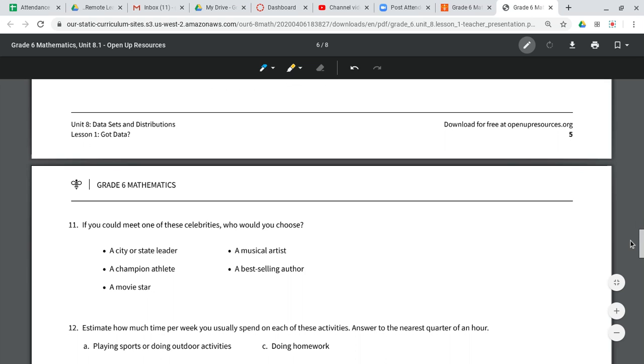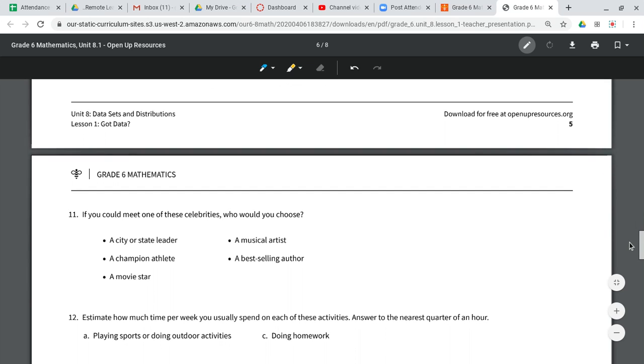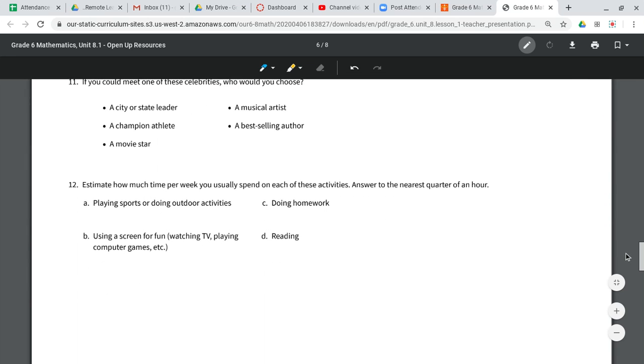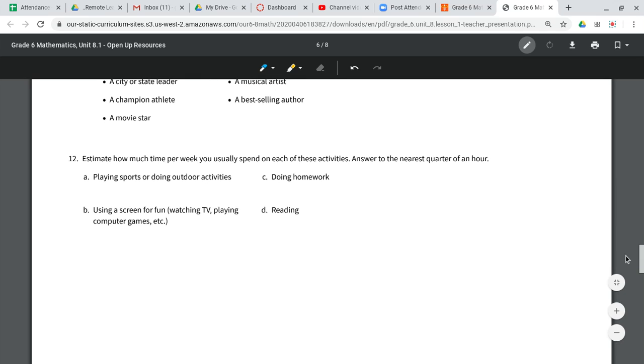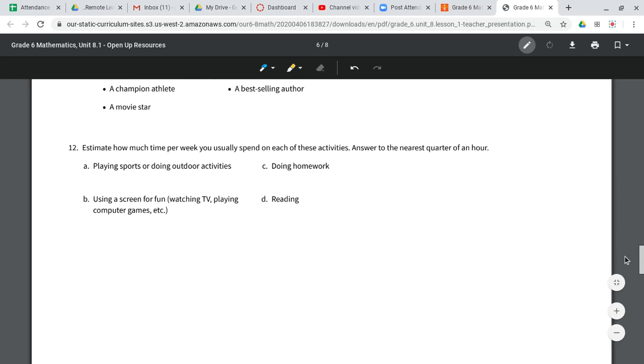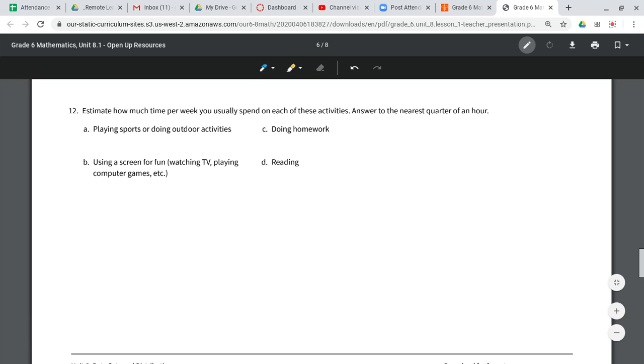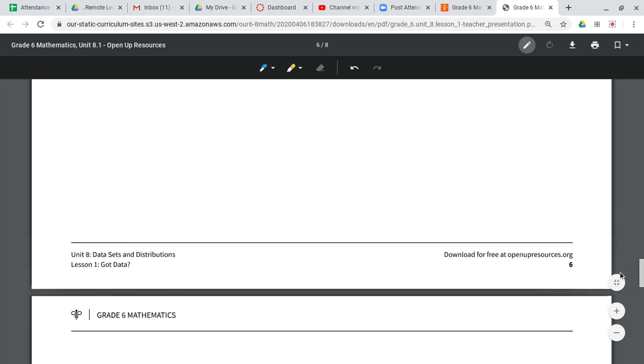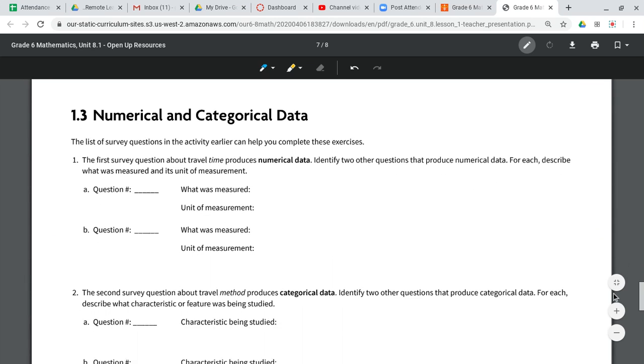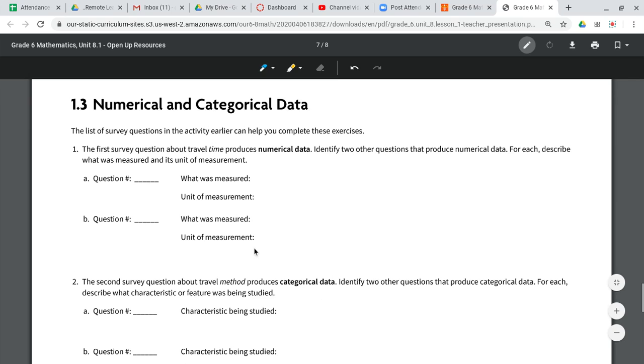If you could meet one of these celebrities, who would you choose? And estimate how much time per week you usually spend on each of these activities. So playing sports or doing outdoor activities, doing homework, reading, or using a screen for fun, like watching TV, playing computer games, etc. Okay, so all those questions are going to lead into what we're looking at here with our